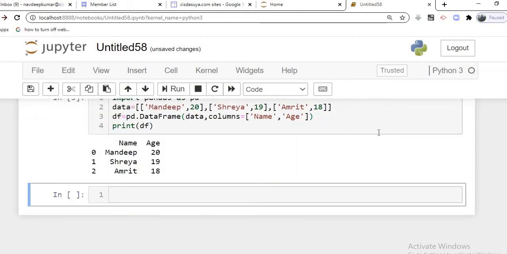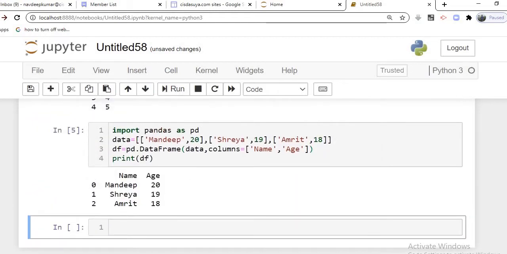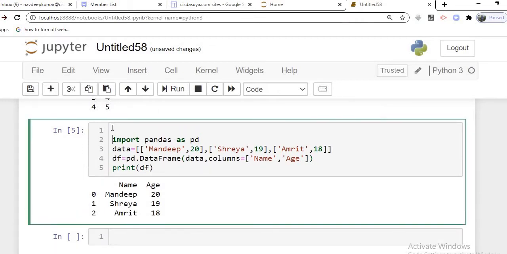Now you see here, students, this is how we have created the data frame using the list. We have supplied the list values, and then we have also labeled them as name and age.